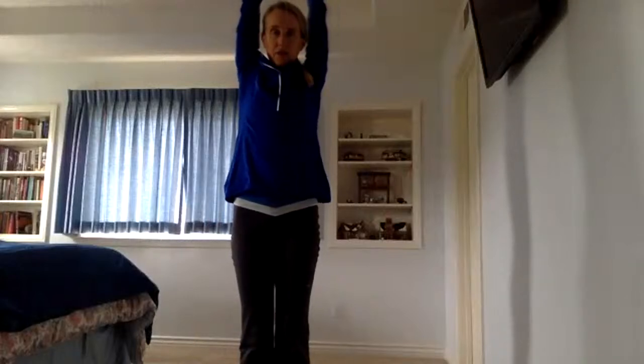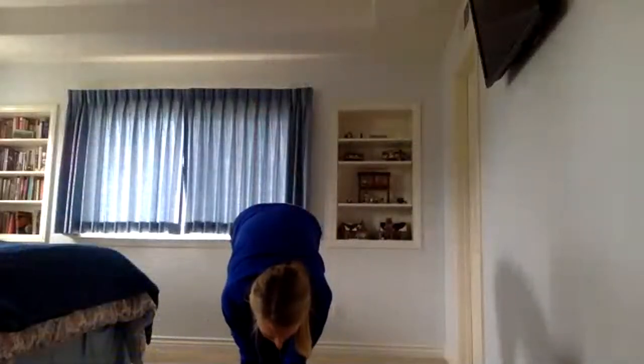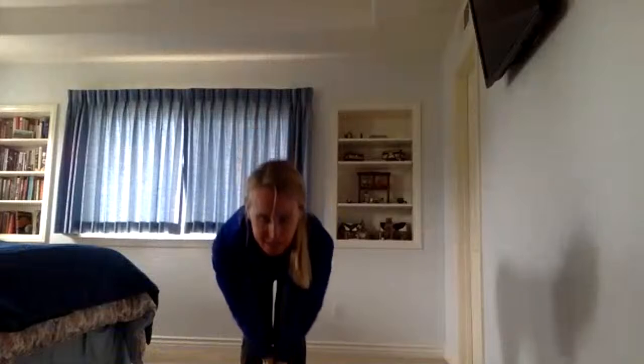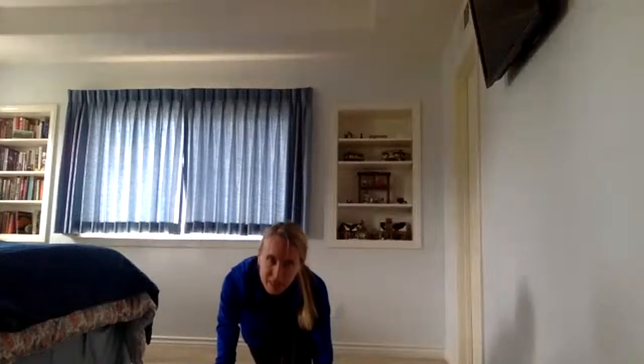Exhale, elbows bend, thumbs descend, lengthening our triceps once again. Inhale, fingers high. Exhale, deep knee bend, protects our back as we hinge. Inhaling into our half lift. Exhale, bending our elbows, folding our heart to our thighs. We'll soften our knees, place our fingers by our toes, and we'll stride back with our right leg, surrendering our